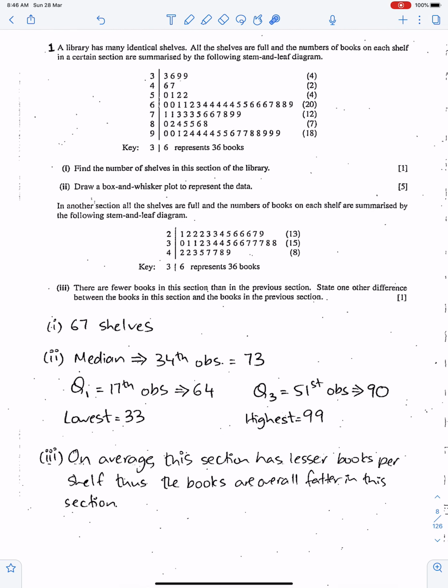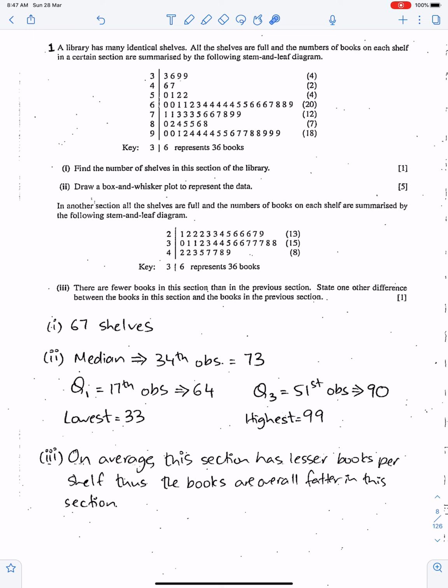Next, in another section, all the shelves are full, and the number of books on each shelf are summarized by the following stem and leaf diagram. There are fewer books in this section than in the previous section. State one difference between the books in this section and the books in the previous section. Well, on average, this section has fewer books per shelf. Thus, the books are overall fatter in this section. You can say books are wider. Either books are wider or books are fatter,